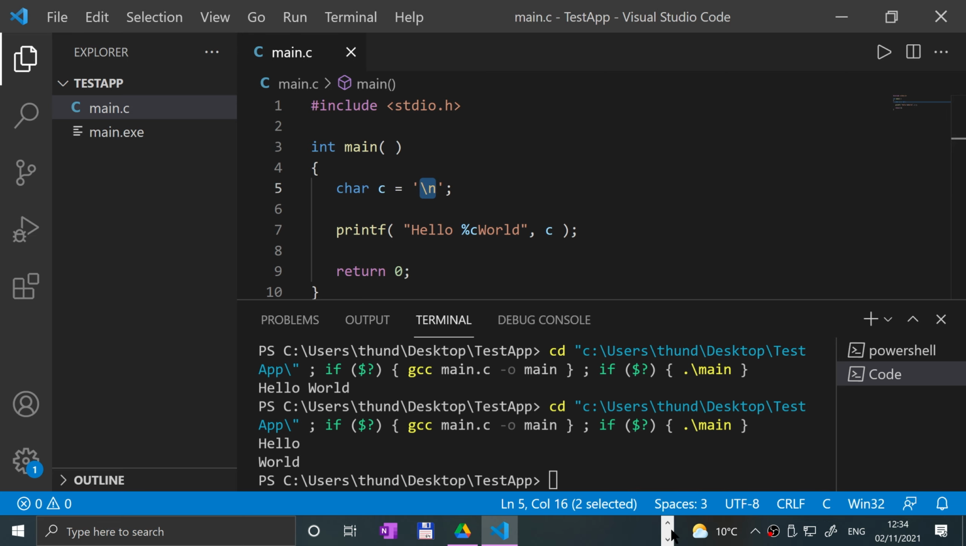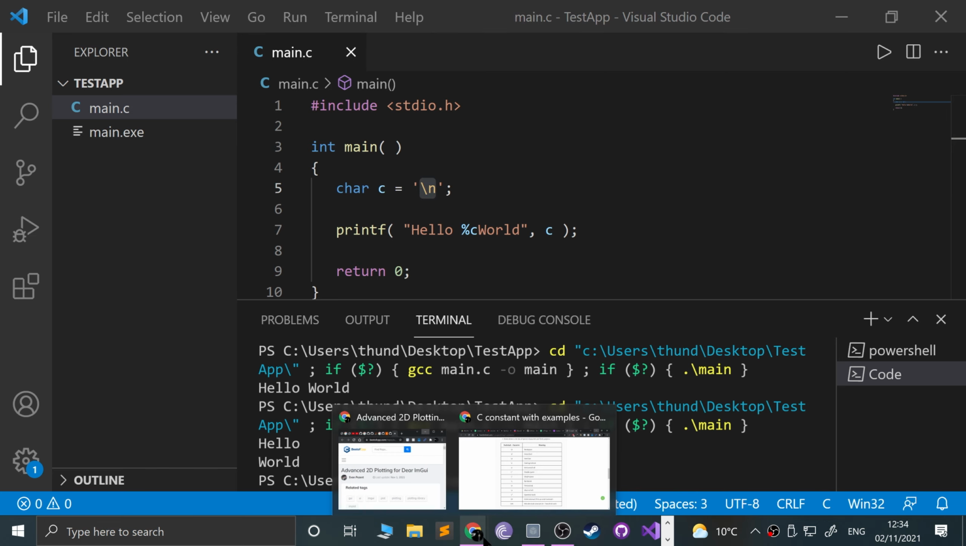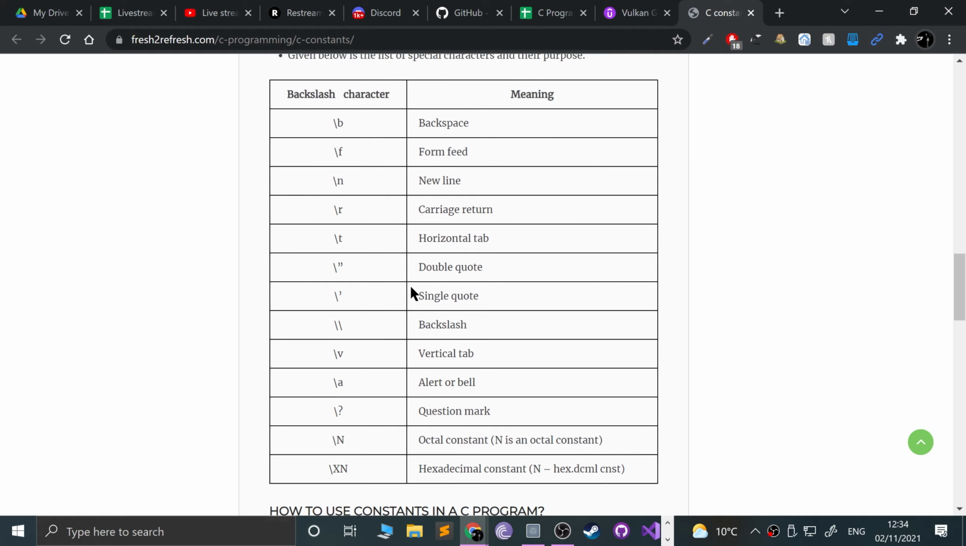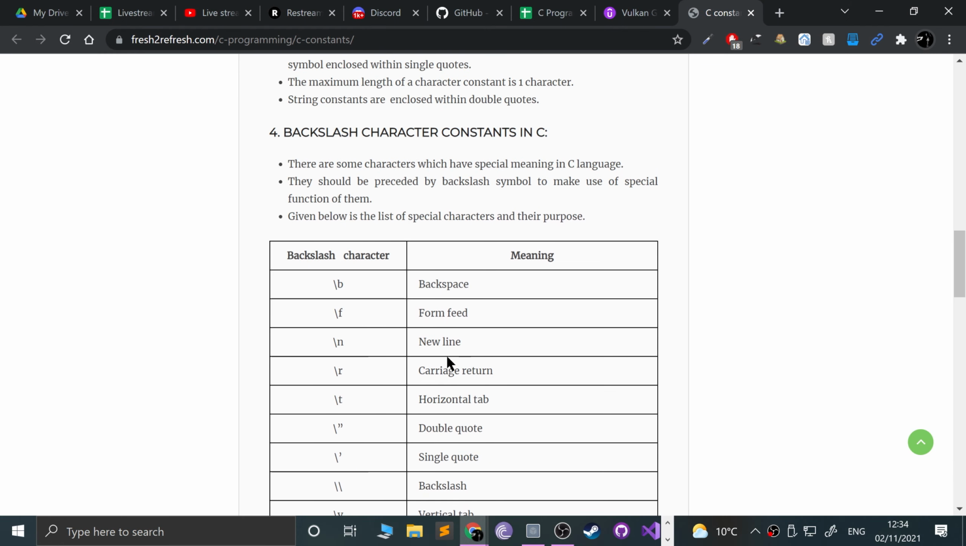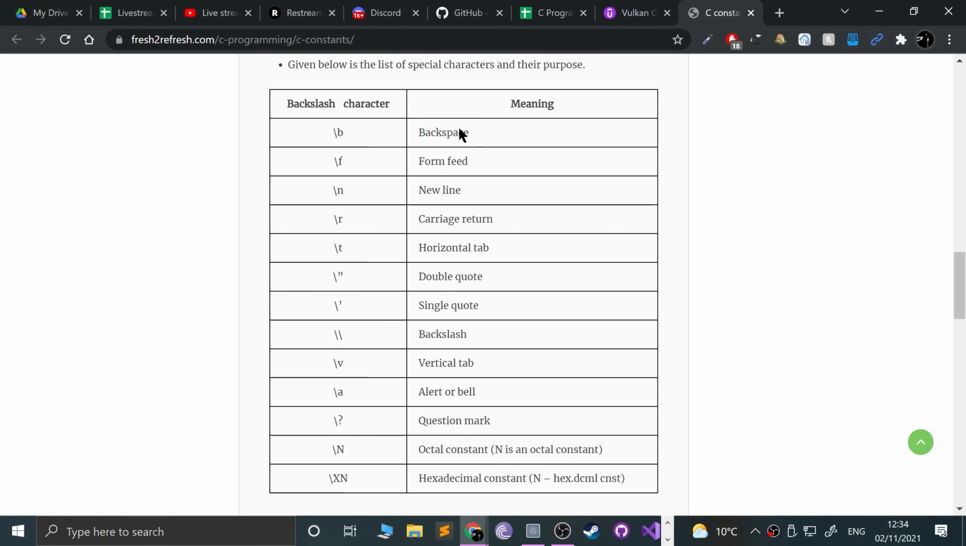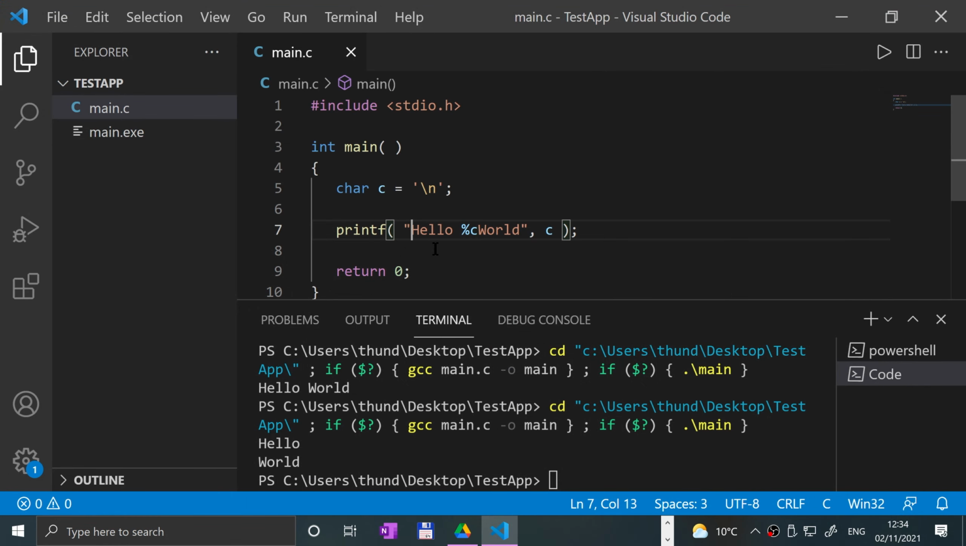And if we go to the web browser, there's a bunch of these character constants. You can do a backspace, you can do a new line, which is what we did. You can also do a horizontal tab. Also, imagine if you want to put double quotes here. Imagine you want to put, let's say, the word world around quotes. How would you do it? So if you were to do this